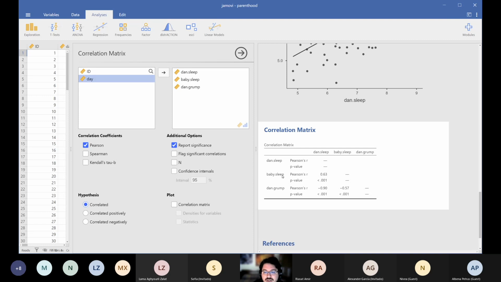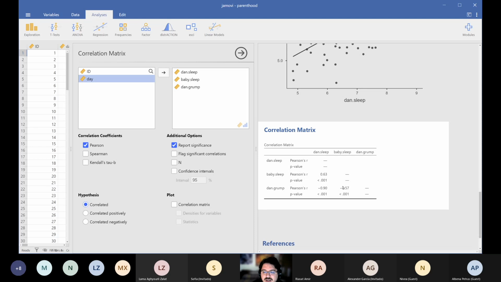And also the baby sleep and Dan sleep, or parent sleep, is also correlated, also moderately so, but just a tiny bit higher than baby sleep. The thing is that if I asked you, is this number high? Well, definitely this is positive, yeah, and this is negative, yeah. But are